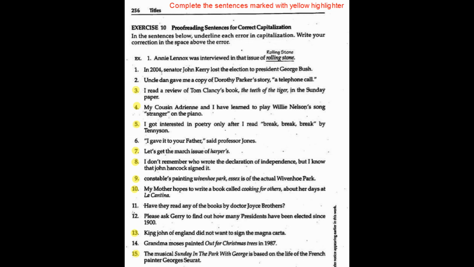And what I'd like you to do is to follow the directions. In the sentences below, underline each error in capitalization. Write your correction in the space above the error. Well, I think if you just draw a line underneath the letter that should have been capitalized, that'll suffice, and you don't need to rewrite the words, okay? So what I'd like for you to do right now is to do the highlighted ones only, underline the letters that should have been